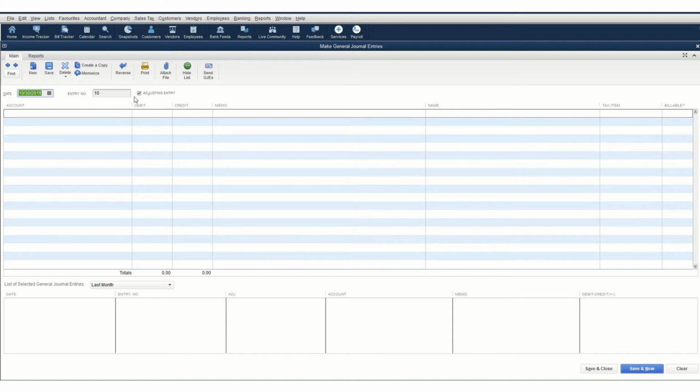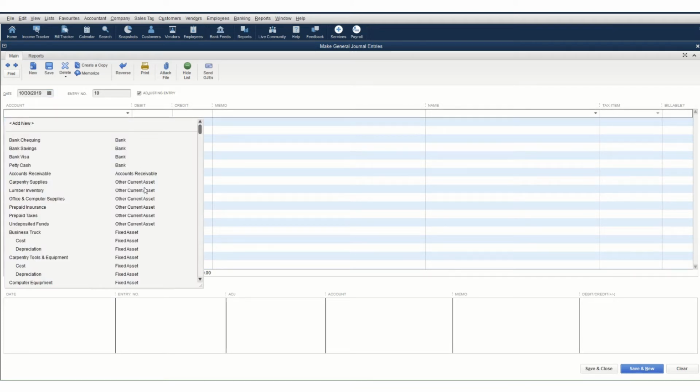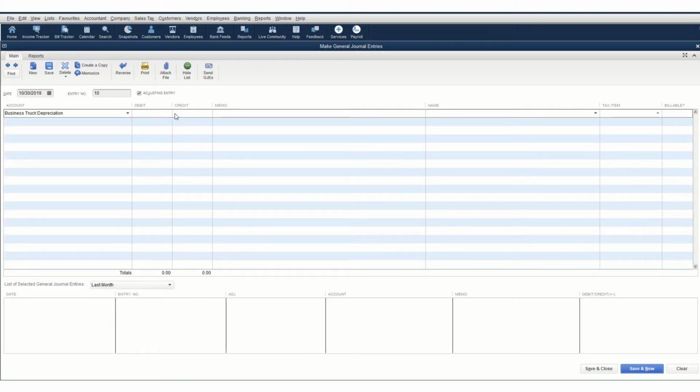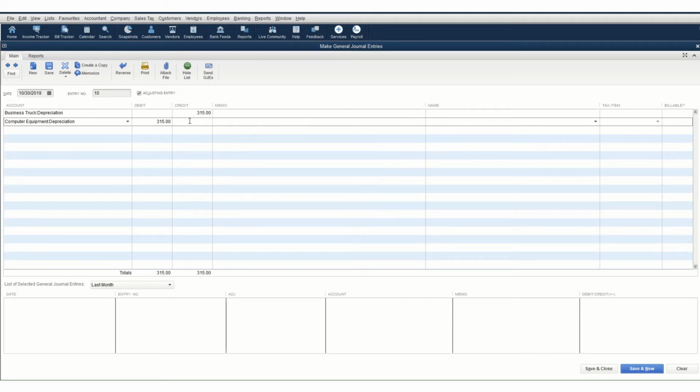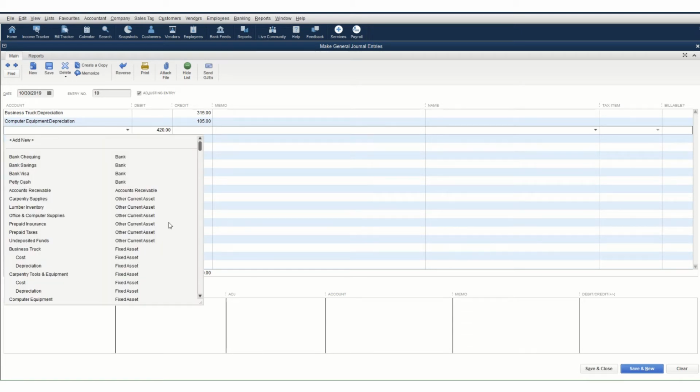Okay. So in this situation, we want to record depreciation. If we look at our assets, you'll notice under each asset there's a depreciation account. This is for your accumulated depreciation. Your accumulated depreciations are always a credit, because depreciation expense will be a debit. Our computer equipment depreciation is 105. Our carpentry tools, actually a number of people got this entry wrong,